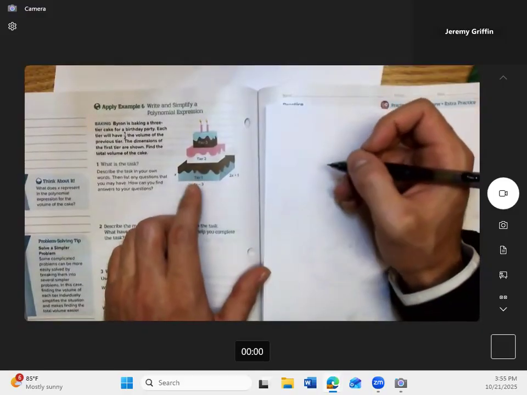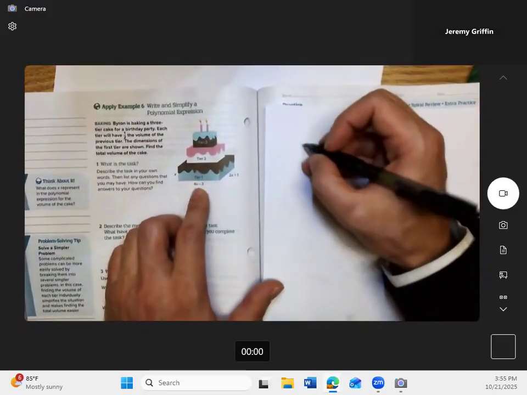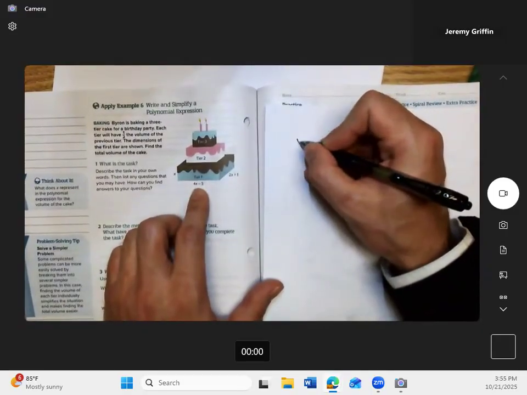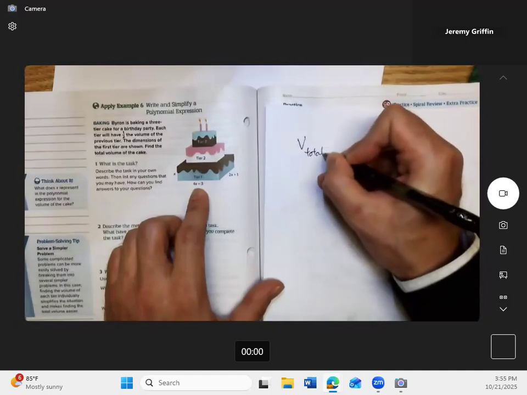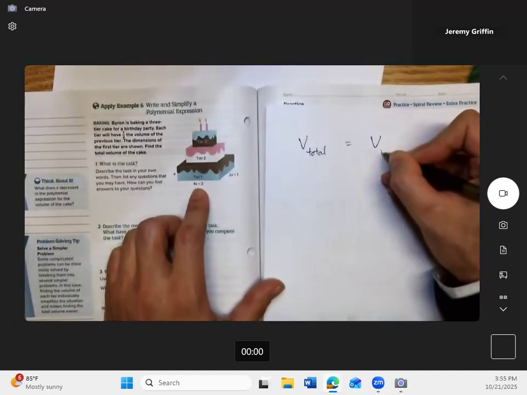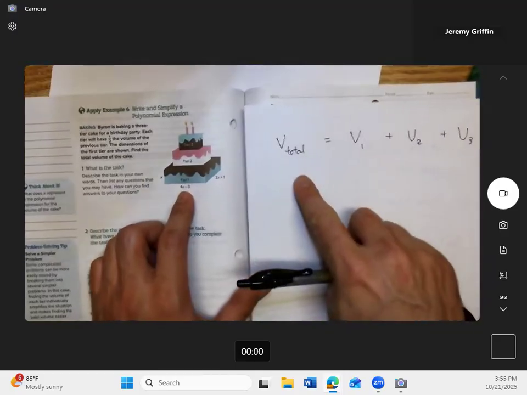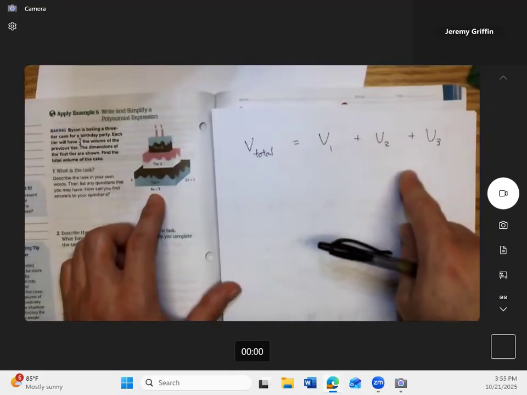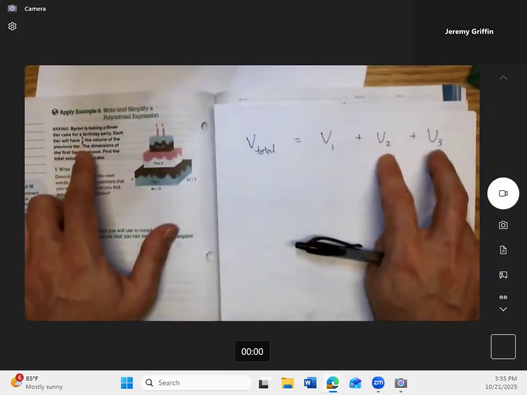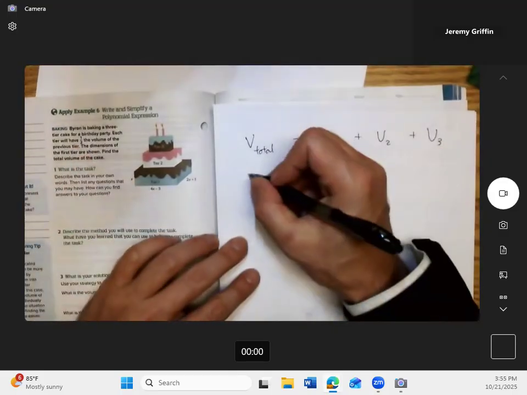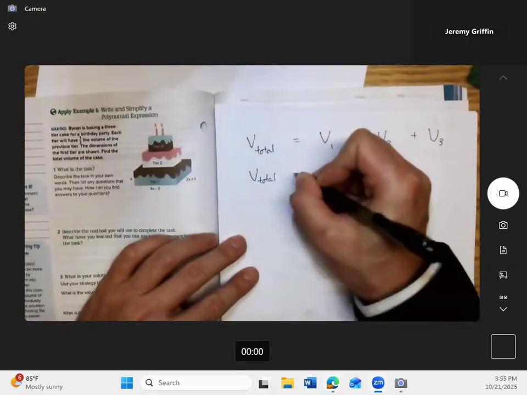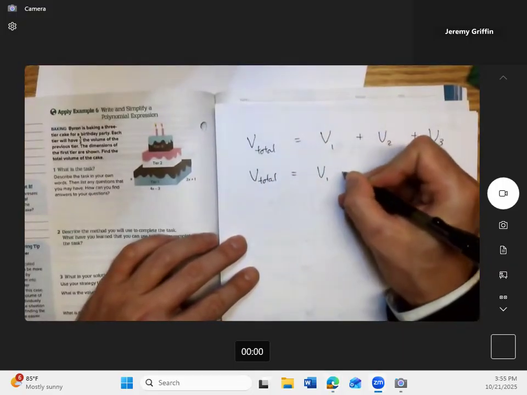So I'm going to calculate the volume of tier 1, and I'll say the total volume, V total, is the volume of tier 1 plus the volume of tier 2 plus the volume of tier 3. So the total volume is the sum of the 3 volumes. Actually, I can simplify this even before I get to all the x's. So V total is whatever the first volume is, plus